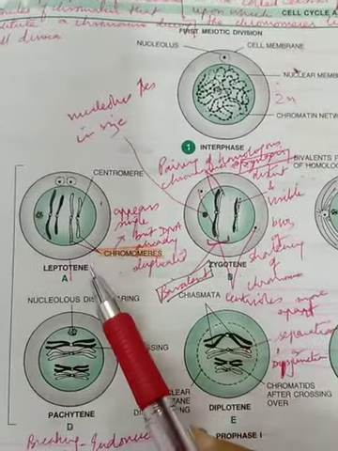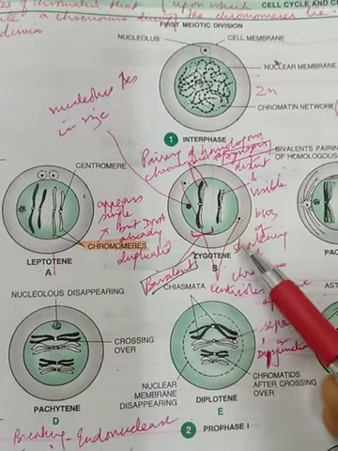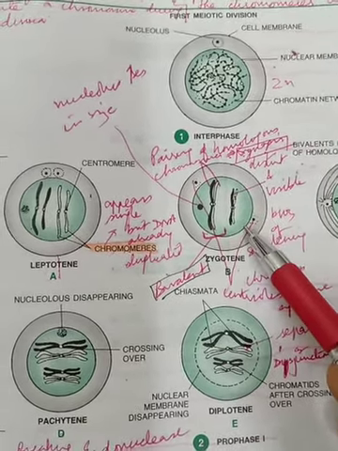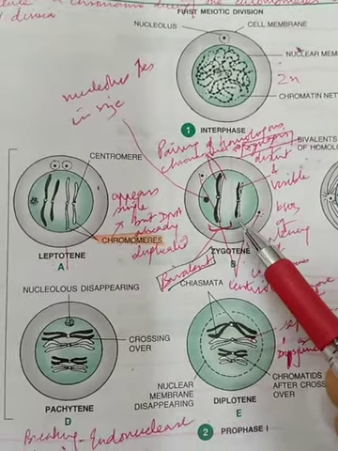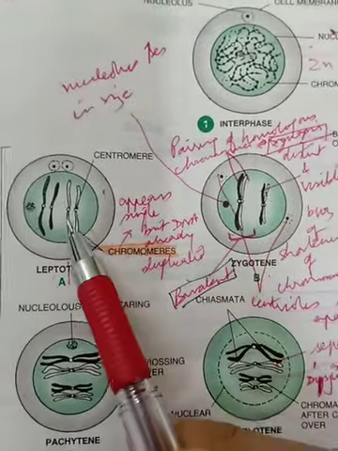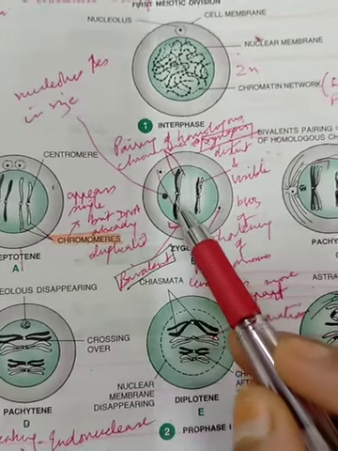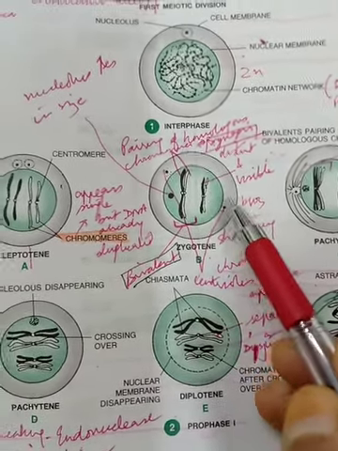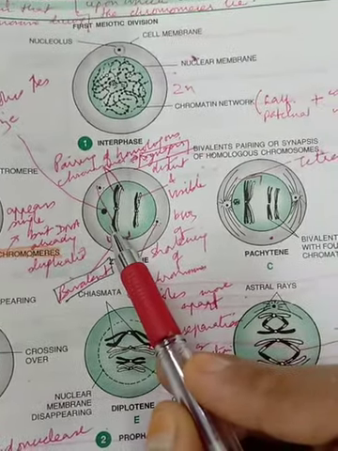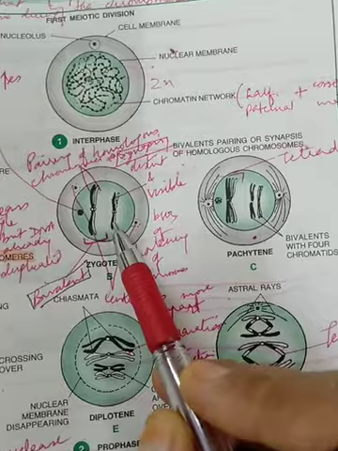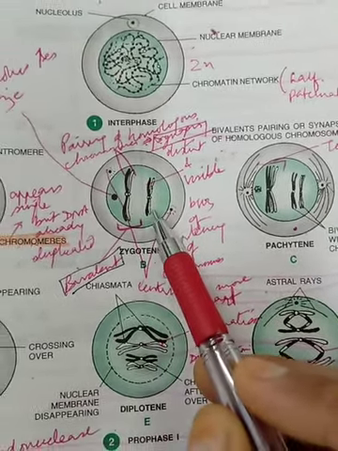So what has happened from leptotene to zygotene? The first thing is that chromosomes have coiled further and they are more clear, distinctly seen, right? You can see them more easily visible. Then there is a pairing that has taken place. Whatever was fallen apart here, they have paired up. You can see one black and white and the other black and white. And this pairing of homologous chromosomes, homologous means one half is father's and half is mother's, right? And then they are similar in size, shape and the nature of inherited characters.